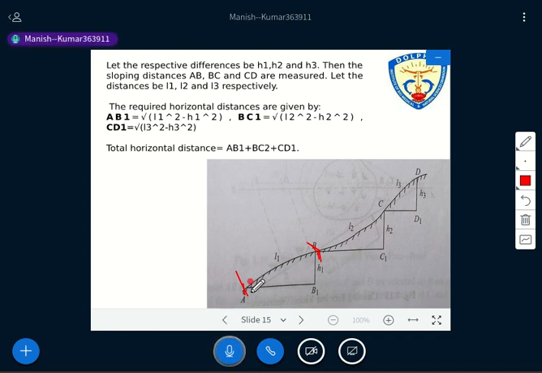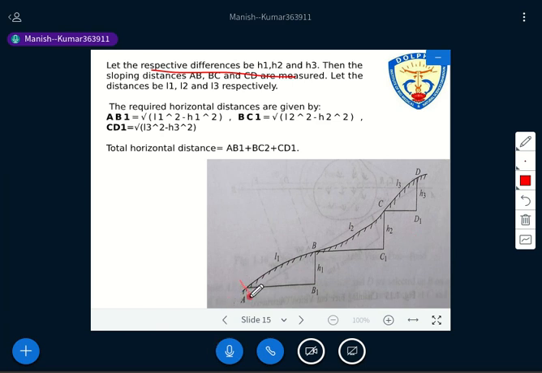You are getting the height of point A from some fixed point, and from another fixed point you are getting the position of point B. So the difference, have you got that? Through this we are able to get the difference. Try to understand again how this difference arises. We have to find the respective differences, that is H1, H2, H3.